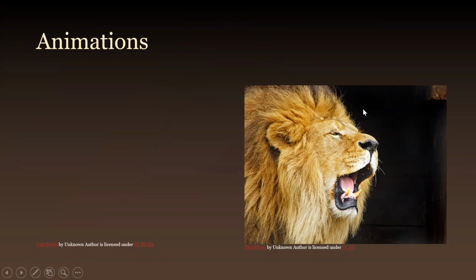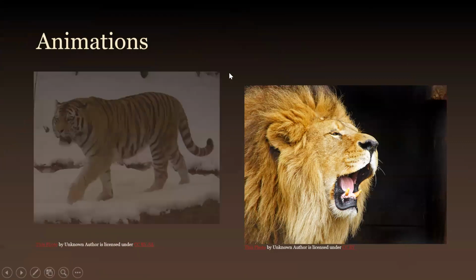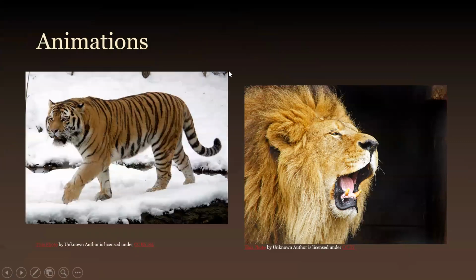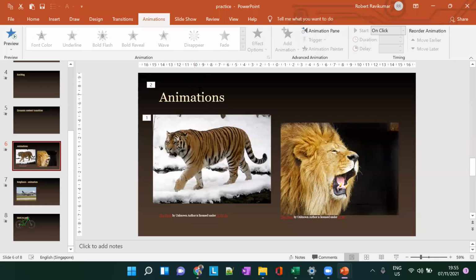Okay, but lion is already there. Why? Yeah, lion has no animation, sir. Very good. So if I click, the animation will apply for the tiger. So then on another click, what will happen? Another one's writing coming. Yeah, very good, Hussein. Yeah, good. So this is how animations work.